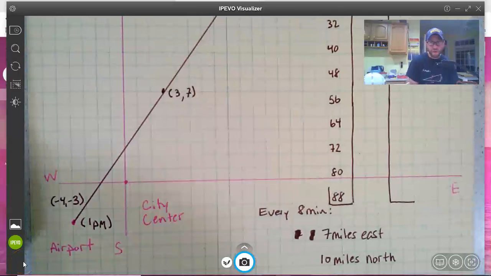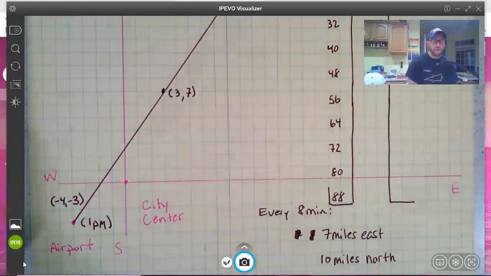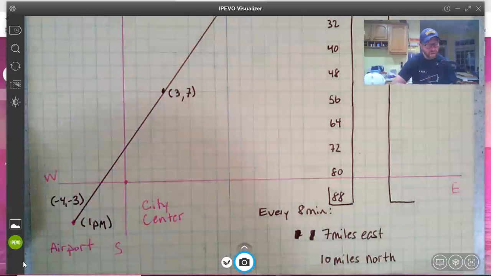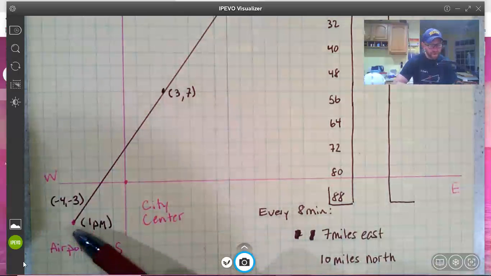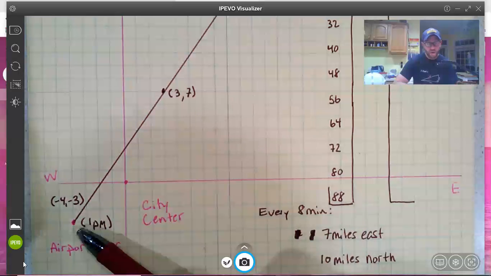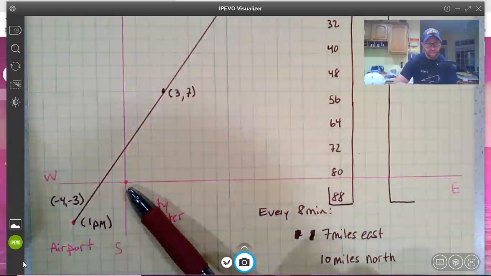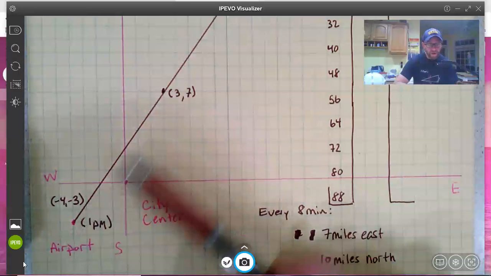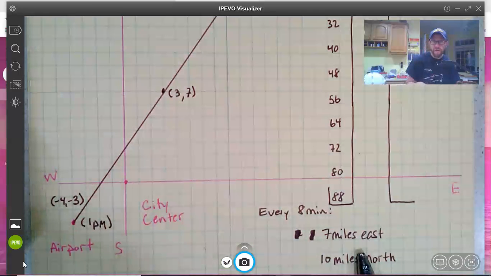Hey! Alright, in this problem, we're dealing with this character who takes off from the airport and goes flying. So the airport, we're told, is 4 miles west and 3 miles south of the city center. And we're told that when they take off in this plane, they travel a total of 7 miles, for